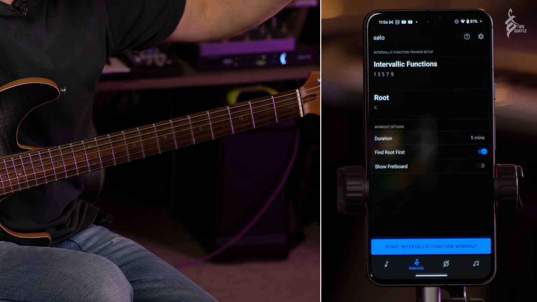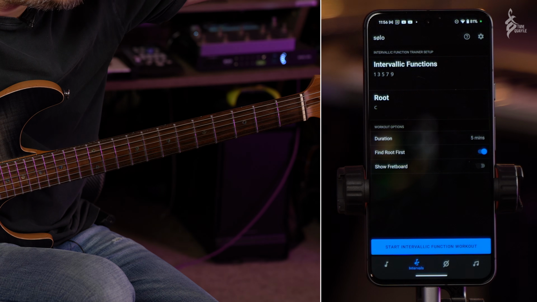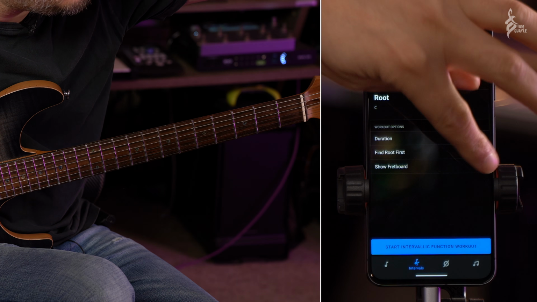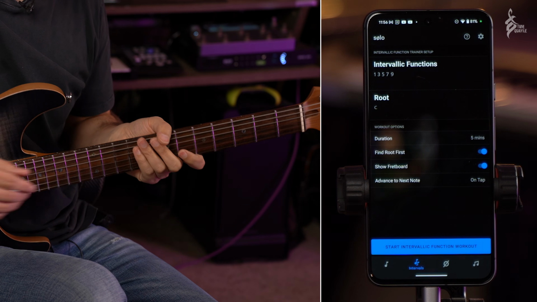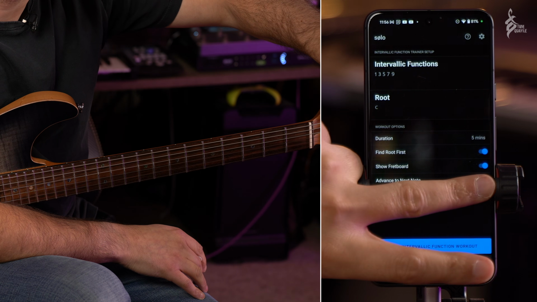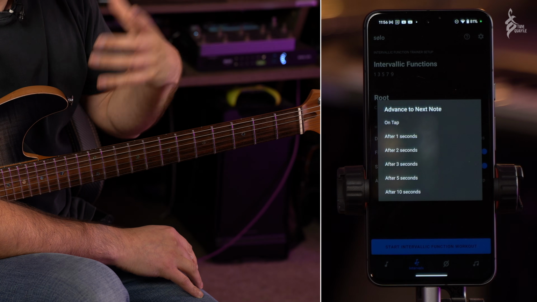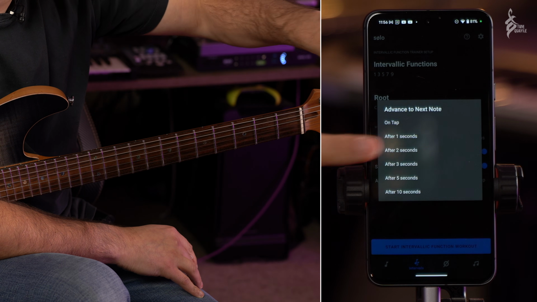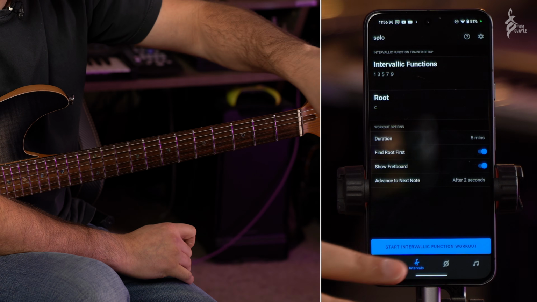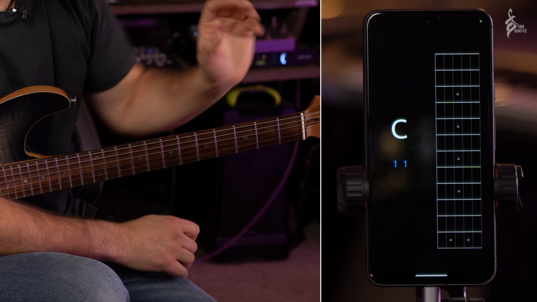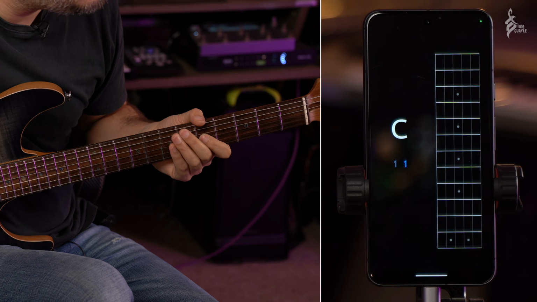Okay? Now, if I don't want to tap to progress, on here where it says show fretboard, if I turn that on, I get another option called advance to next note. What I can do here is tap on here and say, well, actually, I don't want to have to tap the screen each time I find each of the notes. I want you to wait for 2 seconds so that I can study the fretboard and then move on to the next note. So if I tap Start Intervallic Functions Trainer, workout, it wants me to find the 1, and